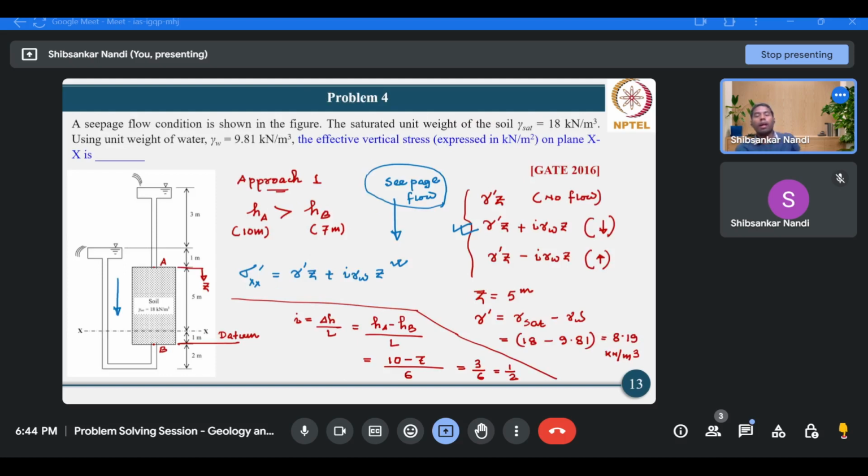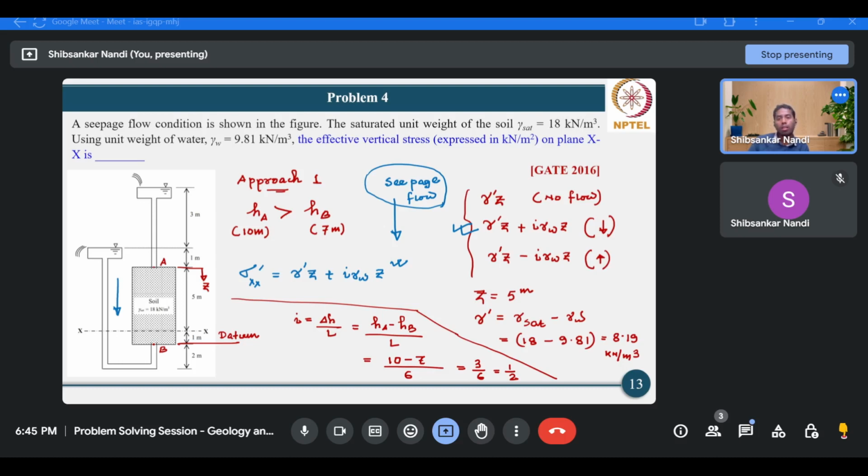Okay, and in the fourth problem, we have also determined the effective vertical stress. However, for this problem, seepage flow condition is vital. So you have to first identify the seepage flow condition, whether there is no flow or the flow is occurring in the downward or upward direction. And depending on that, you have to correctly utilize the expression of effective stress. So this is approach 1. There is one more approach, that is approach 2, and by using that approach also you can determine